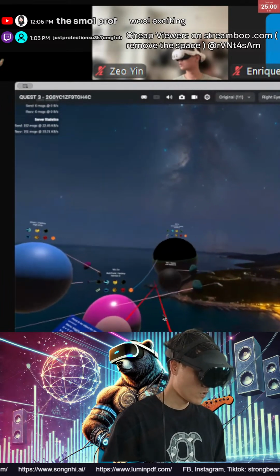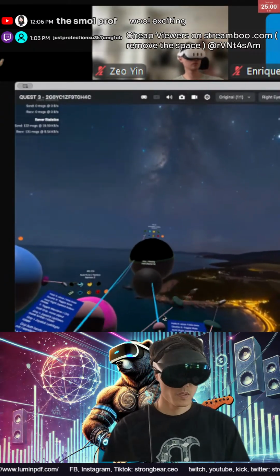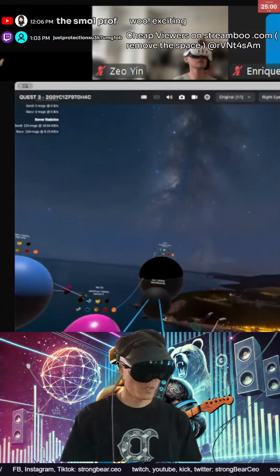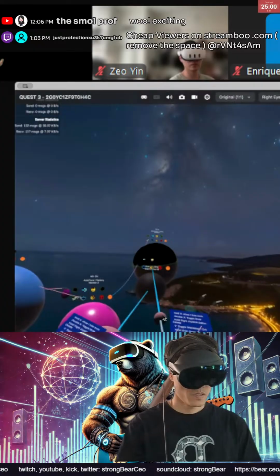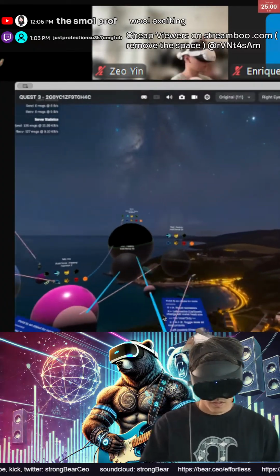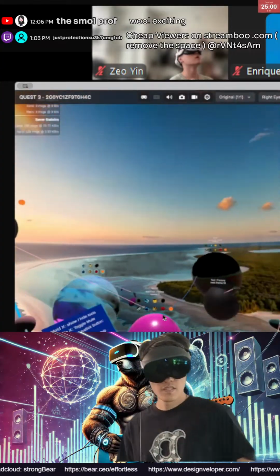Now, this is a nice instrument, teal, kind of melodic instrument. I'd like to clone it. So I'm going to select clone so that I have one to play and Strongbear has one to play.